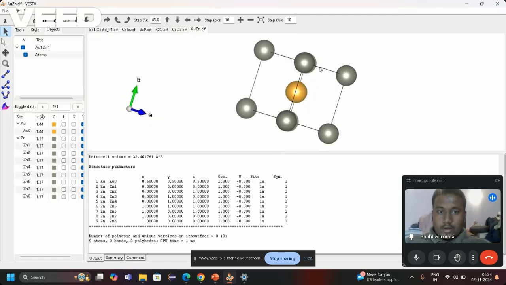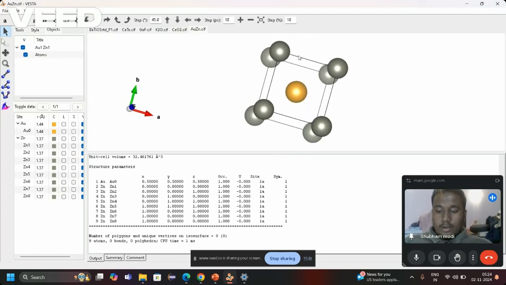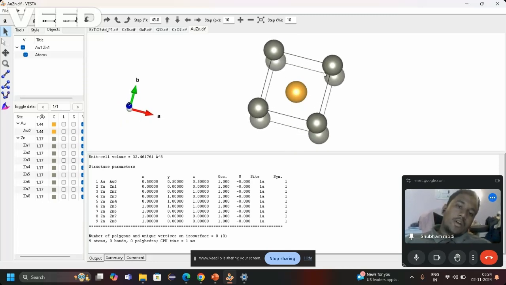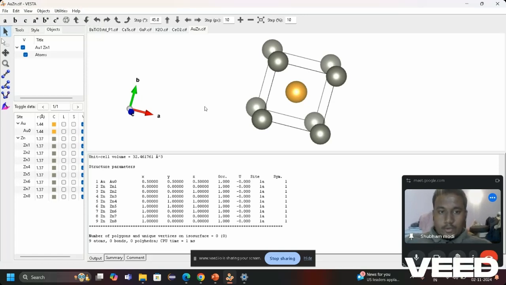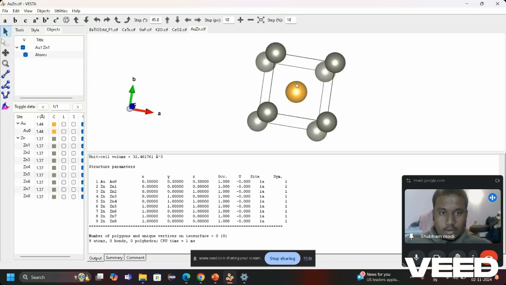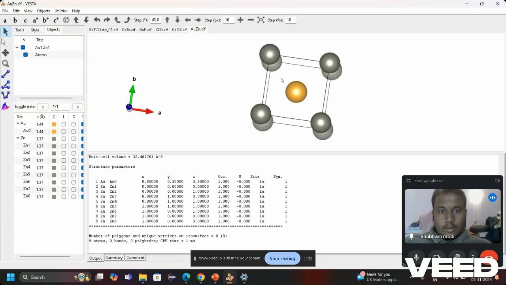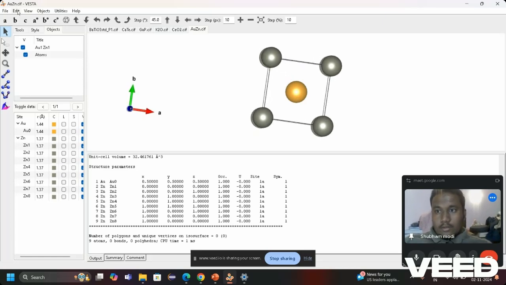Yeah, as you can see, gold and zinc atoms occupy the simple cubic lattice and both body centered positions alternatively. Which means if we scale it to a larger one, we will see that the zinc also resembles a cubic structure, and the gold is also shown the same. The gold atom is at the center and the zinc at the corners. So on